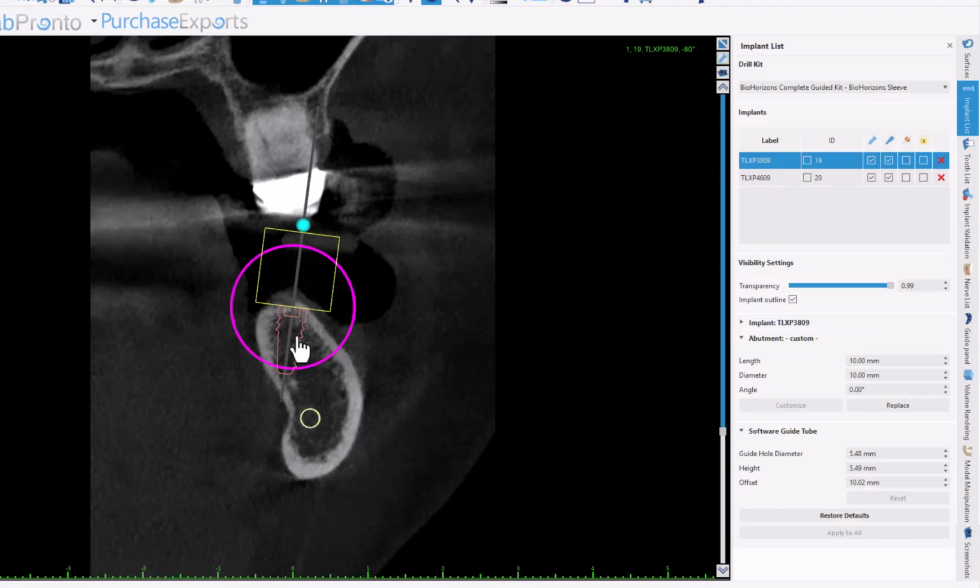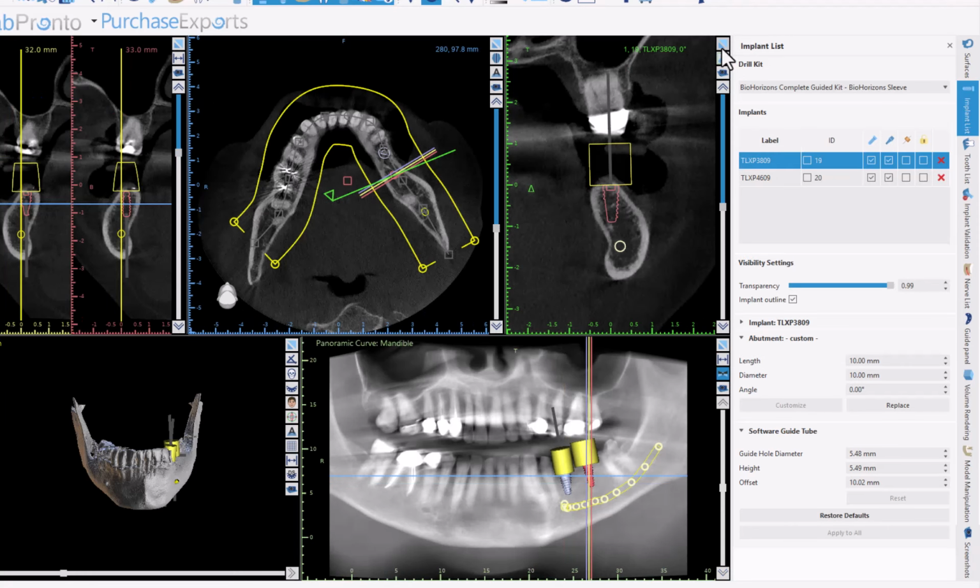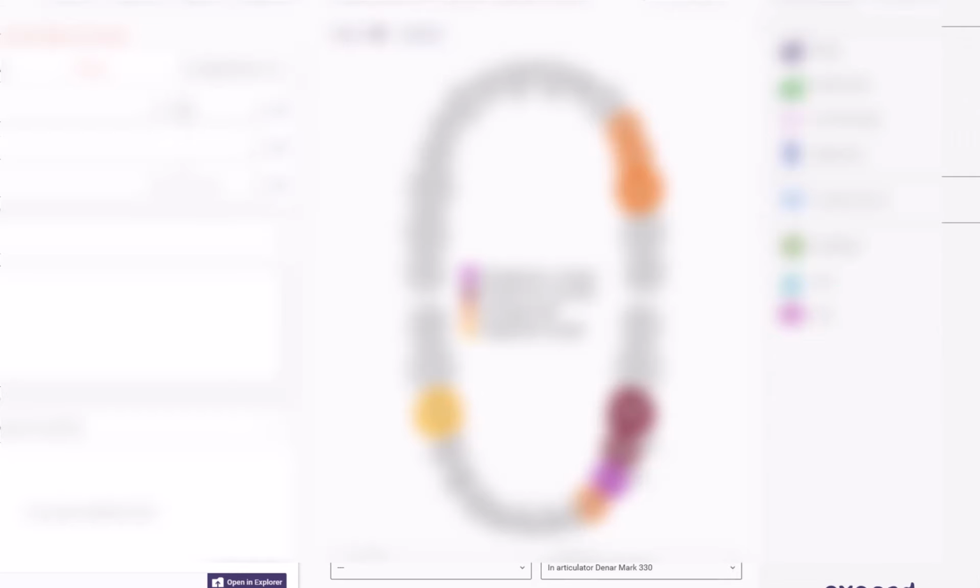I think you're probably going to find out this is going to wind up rotating more in here, and we may even change the implant out, but suffice it to say, here we go with doing our preliminary planning, and we can now refine it by using our wax up. So there's enough bone for a couple of implants, there's no question. Let's bring our wax up in. So I'm going to flip back over to ExoCAD,